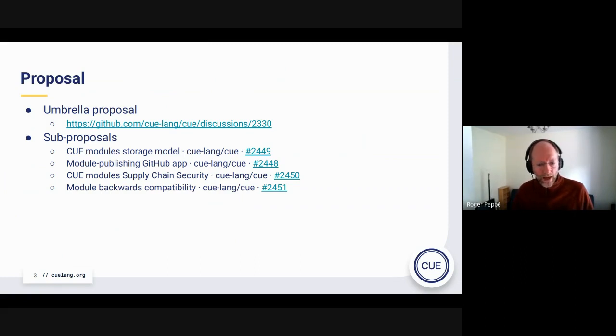There's one that talks about the format we plan to store the modules in, what we plan to make initially a GitHub app to publish them, and some earlier stage documents, let's say, talking about security and backwards compatibility.